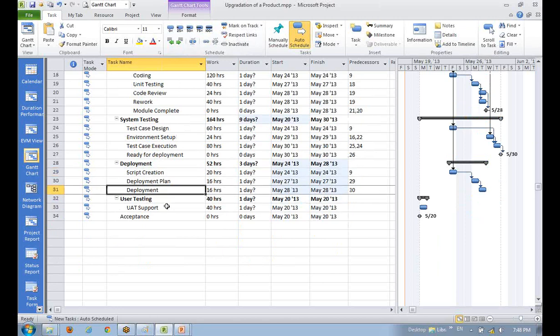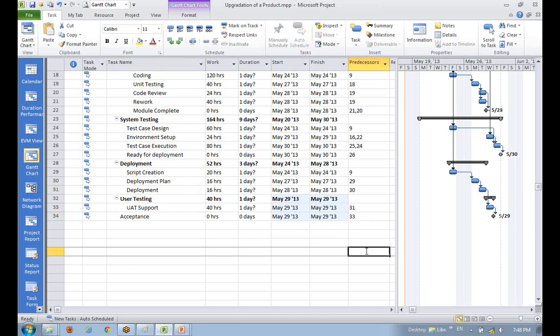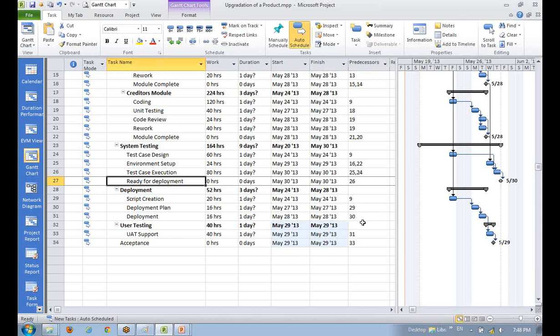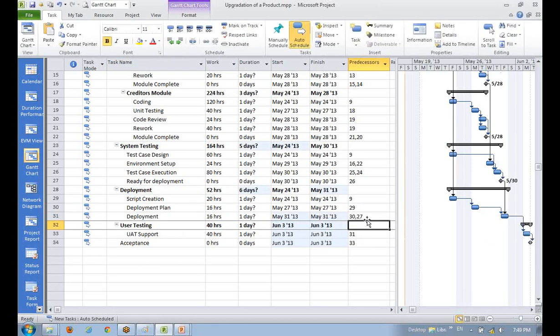Now this, and these are connected. As I connect this, you see this column gets filled. Also upon ready for deployment. So I can go here, instead of 30, I can also write there as 27. If I fill this, this will what will happen,